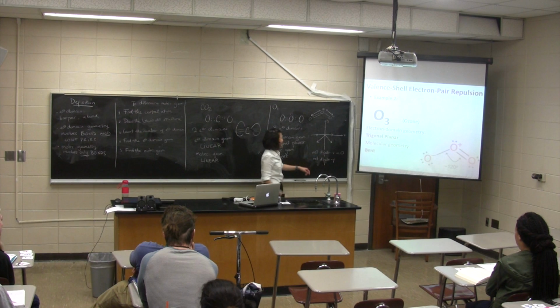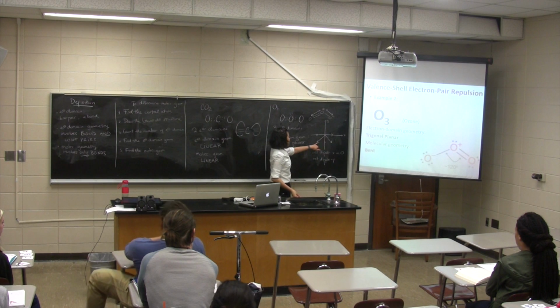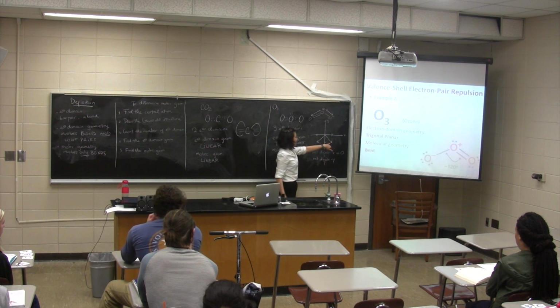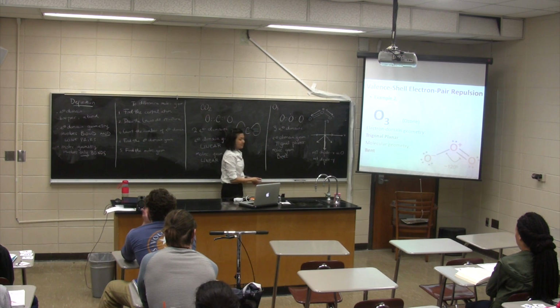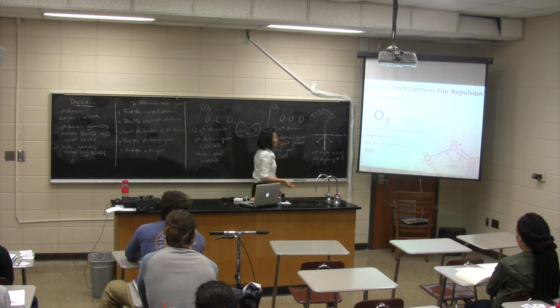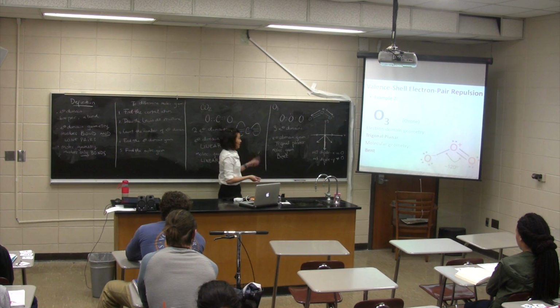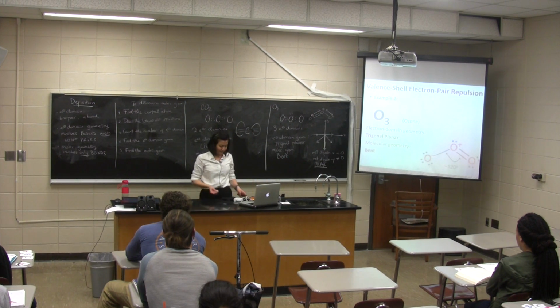Okay, so now along the y-axis, we're going to do the same thing. So we're going to project this dipole onto the y-axis. And then for that dipole, because dipoles are additive, we're going to have to add another arrow. So this is the total net dipole along the y-axis. Is it 0? No. So the net dipole along the y-axis is not 0, and that is why this molecule is polar. Okay? Okay, very good.